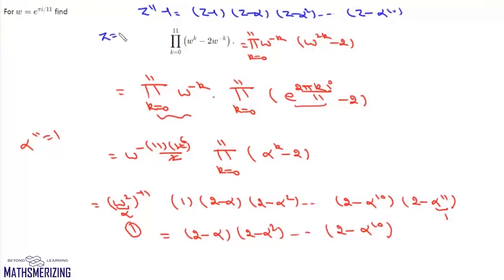If we put z as 2, we can write 2 minus alpha up to 2 minus alpha to the power 10 will be 2 to the power of 11 minus 1. So the value of this product will be 2 to the power of 11 minus 1, which is 2048 minus 1,